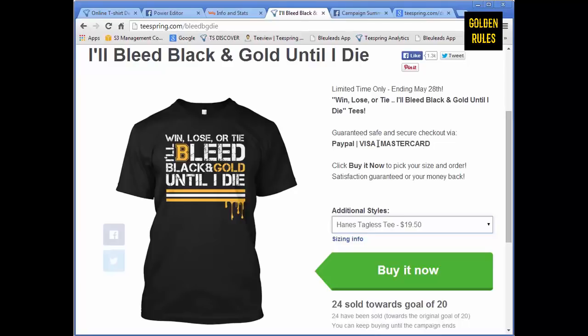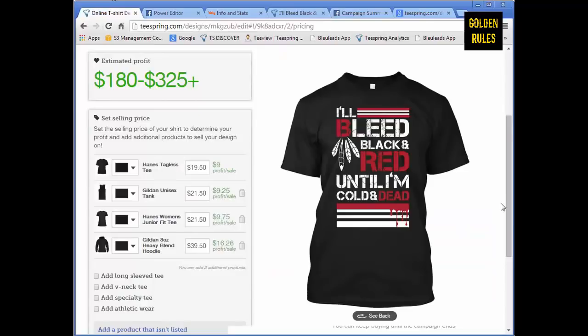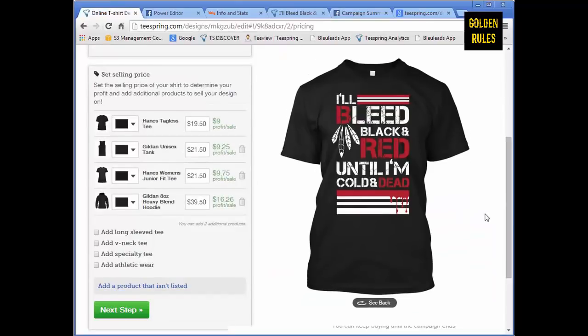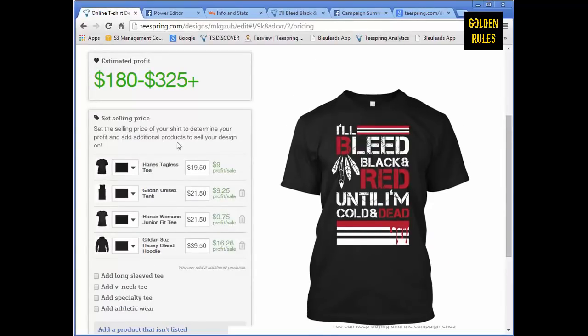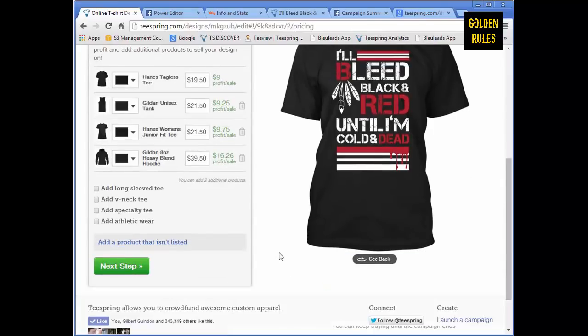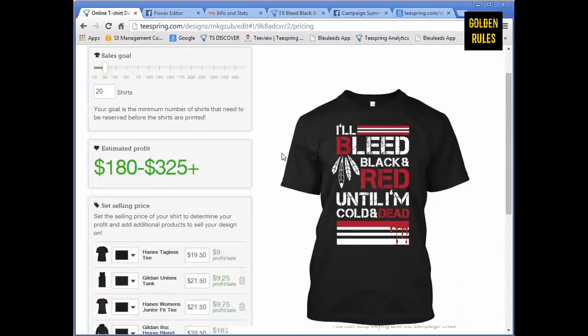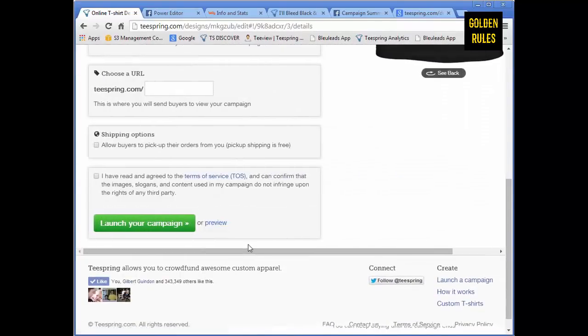Now, I haven't proven that. That's just a theory, but it seems to work most of the time. I notice no matter what, the front shirt always gets the most sales, period. It's always the way it is. So if you do that, it just enforces it a little bit more. So let's stick with that. I got 20 shirts, and we got our prices set. Let's go next,